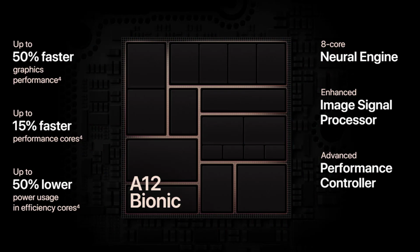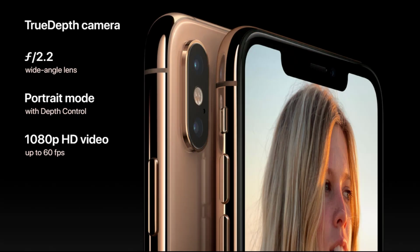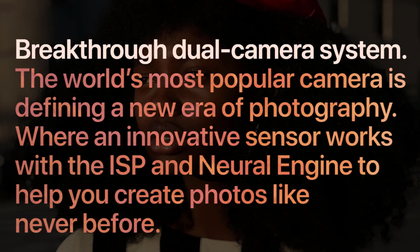Coming to the power and battery, iPhone XS battery lasts up to 30 minutes longer than iPhone X, while the iPhone XS Max battery lasts up to 1.5 hours longer than iPhone X, which means that iPhone XS Max has a stronger battery than iPhone X and iPhone XS. Both models support a built-in rechargeable lithium-ion battery, wireless charging that works with Qi chargers, and charging via USB to computer system or power adapter. Now coming to the sensors, both smartphones include Face ID, barometer, 3-axis gyro,